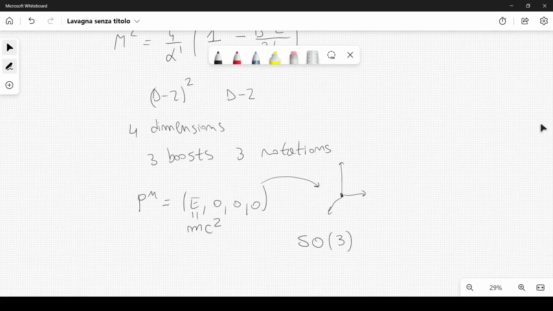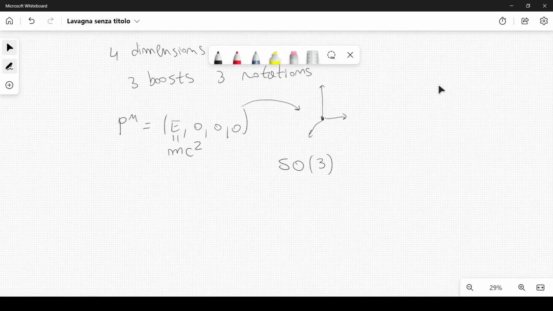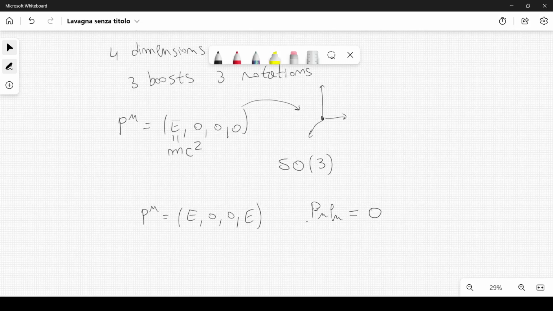Now, consider a massless particle at this point. In this case, we cannot choose a rest frame. The best that we can do is to choose a frame where p^μ is equal to (E, 0, 0, E), for example. So we cannot set this equal to 0. Why is that? This is due to the fact that in general p^μ p_μ, for a massless particle, is equal to 0. But this will imply